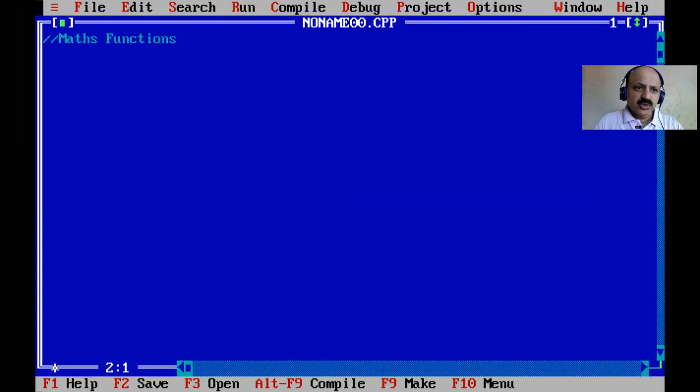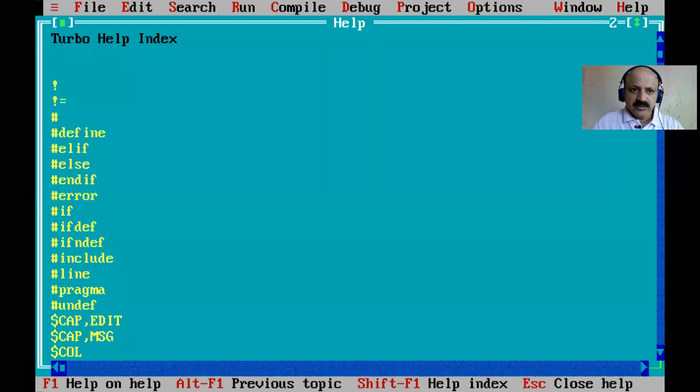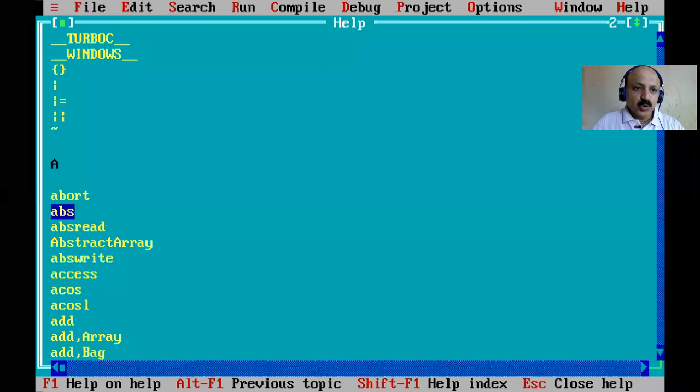There are so many math functions, but we will take the ones most used in our programming. First we have to see the syntax. Let's first see it in the help menu. Here is abs, absolute.